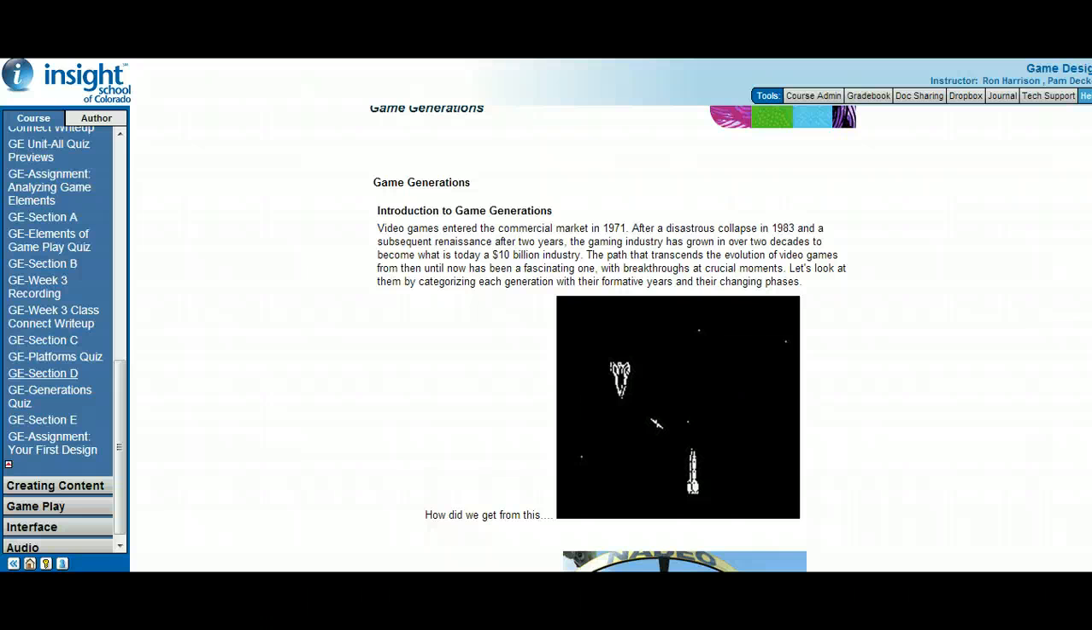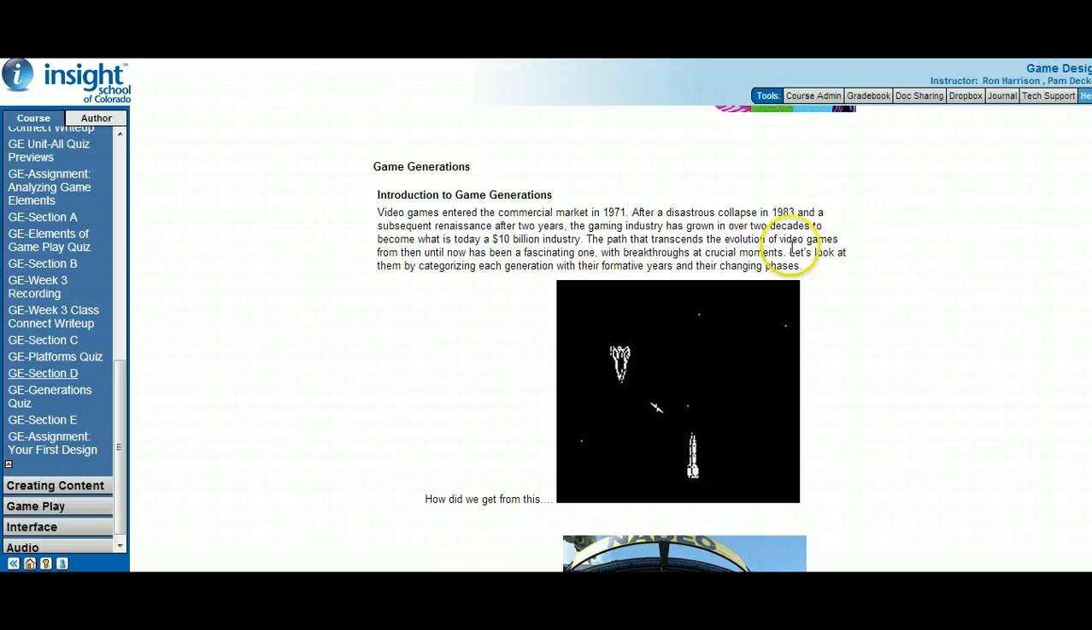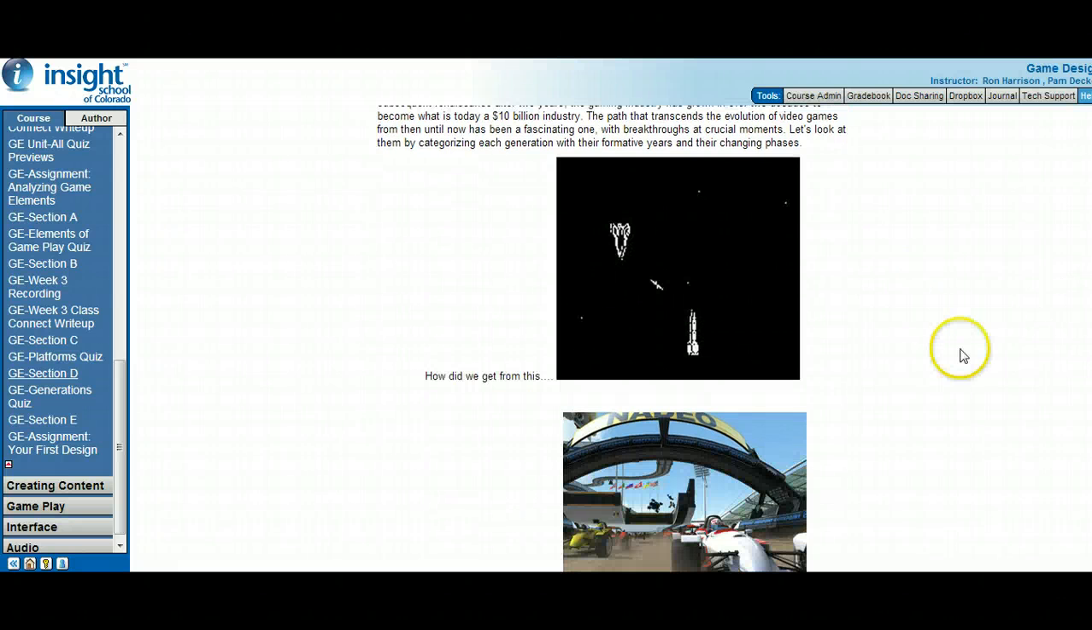Well, gaming has generations too. So in 71 there was the really commercial market, meaning that people could start buying the games and using them in their homes. And there was a collapse in 83 and a renaissance 2 years after that. So the collapse started in 83 and lasted for 2 years before the gaming industry started growing again and evolved from